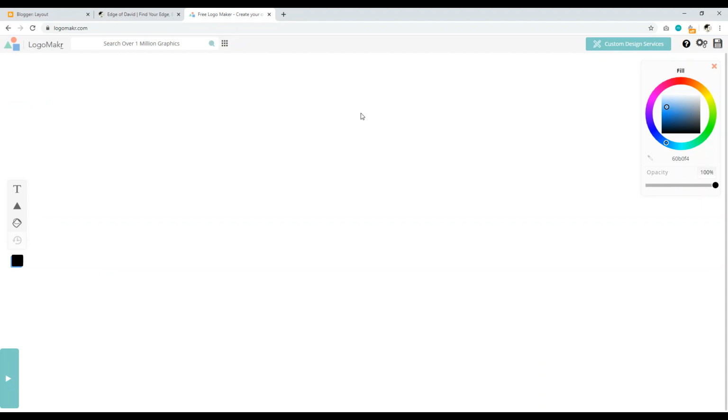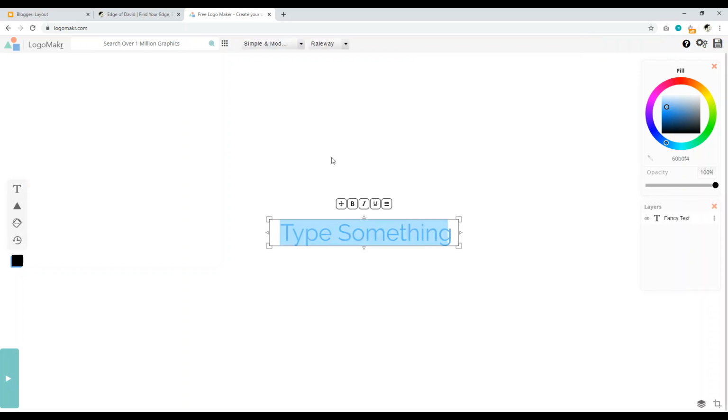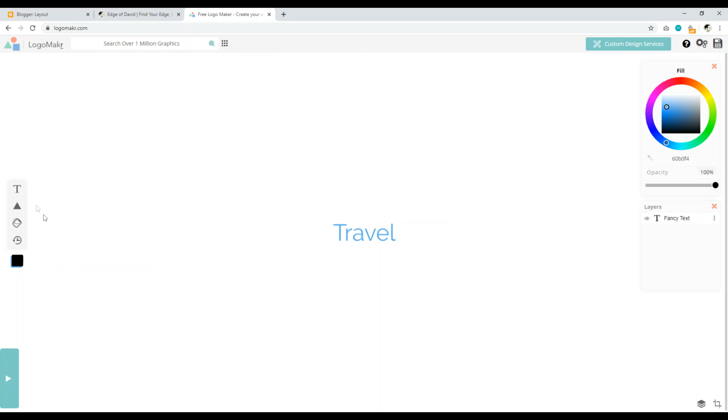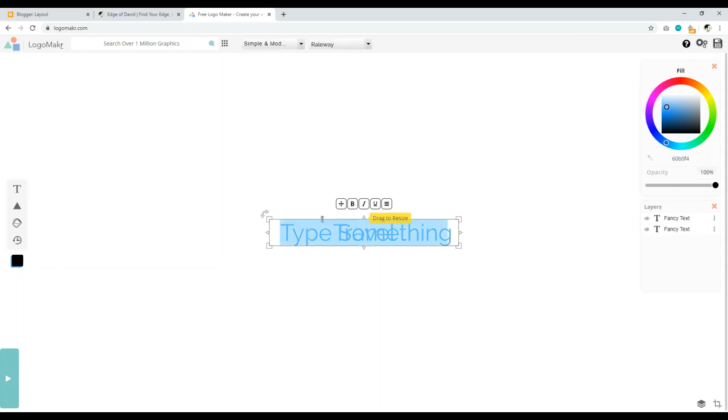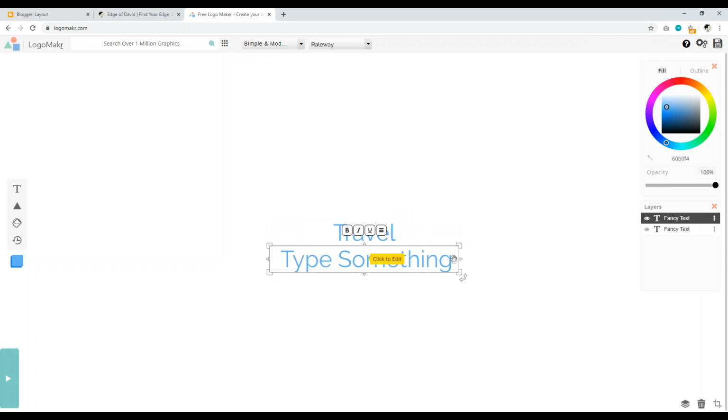And so Logo Maker is super duper simple to use. Right over here, we have text options. So, I can have travel, travel, and then I'll just leave it like that. Okay. And we'll have this, and then I can move this down a little bit right there. Let me just go ahead and move that. And then I'll call this for travel